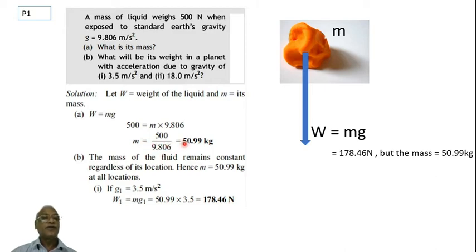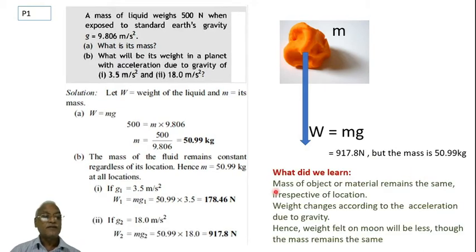Because of that, the force felt is 500 newtons, whereas here the acceleration due to gravity is only 3.5. Because of that, the weight felt will be less. So it is 178.46 newtons, but the mass remains the same. It is 50.99 kgs itself. Okay, in the next